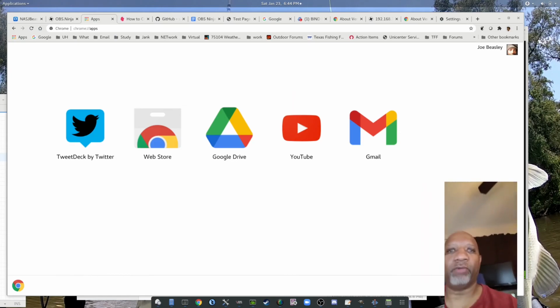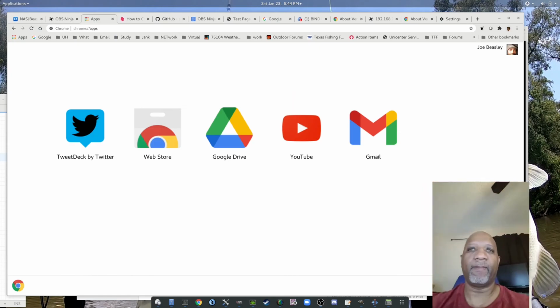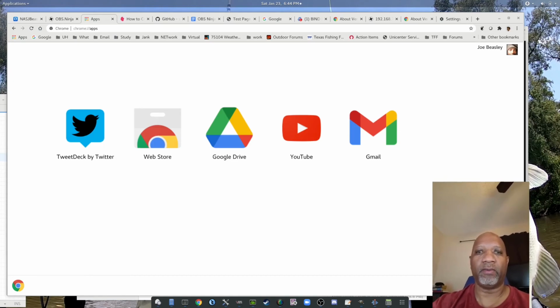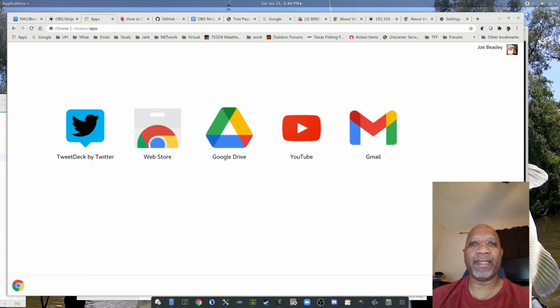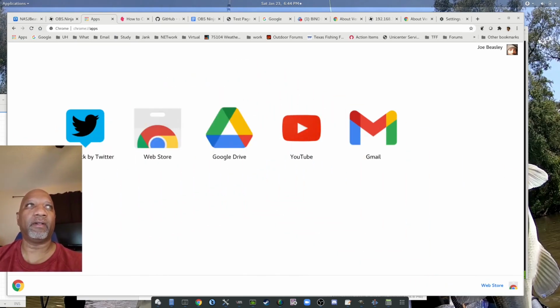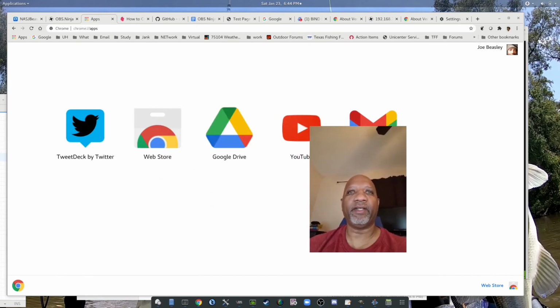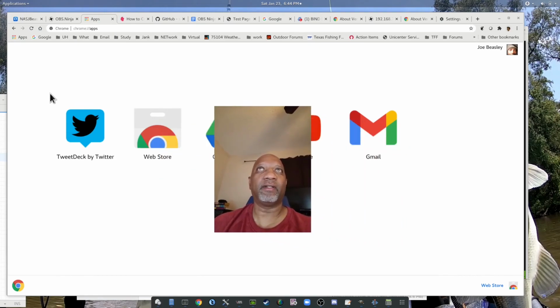So now I'm getting output from OBS Studio with my camera connected to a local VM here. And it's connected using the IP address. And the IP address